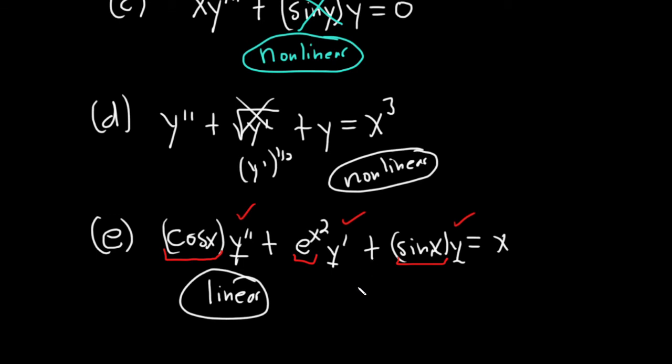So just a short video to give you 5 simple examples. Remember, it's going to be linear if y and all of its derivatives are to the first power. In front of y and all of its derivatives, you have pure functions of x. And on the right-hand side, you just want stuff with x's or a constant. You can't have anything with a y here. If you did have like a y here, by the way, what you could do is you could subtract it and bring it over. But if you have like y squared or something like that,